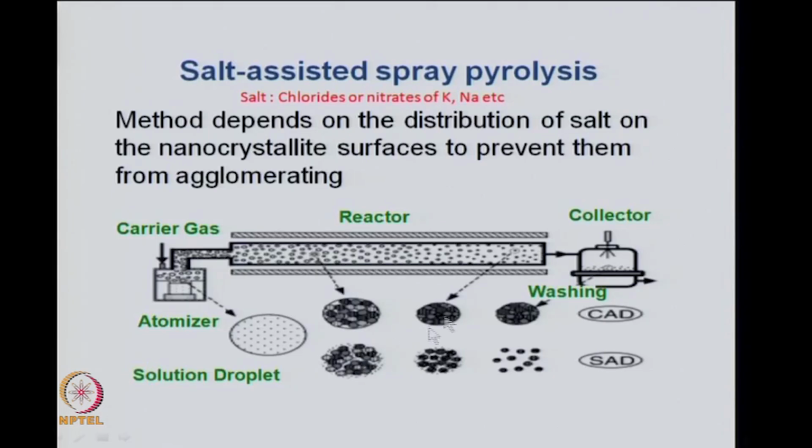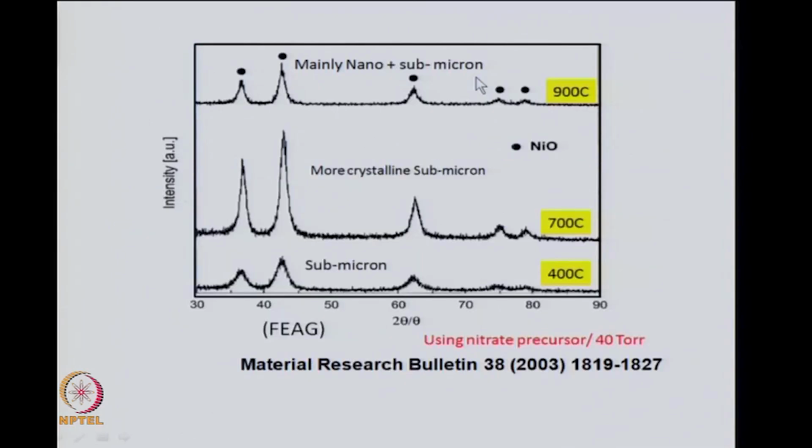So, you get these kinds of particles which have salt particles around them, and as you go through this chamber, these particles in which no salt is there tend to get aggregated, and after washing give rise to this kind of sintered particles. Whereas, the particles in which salt was added, since salt was around, it does not allow the particles to agglomerate, and when you wash this, all the salt will go away, leaving behind the small particles, and this is the salt assisted deposition. So, you have the salt assisted spray pyrolysis, and then here we did the low pressure method